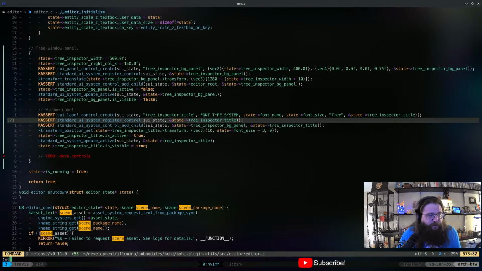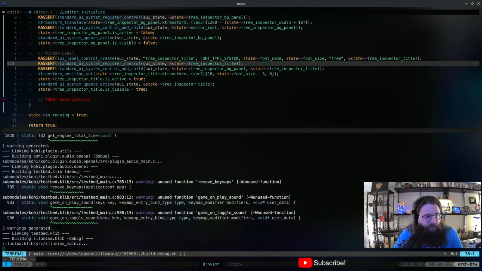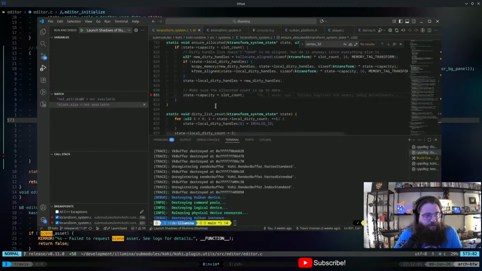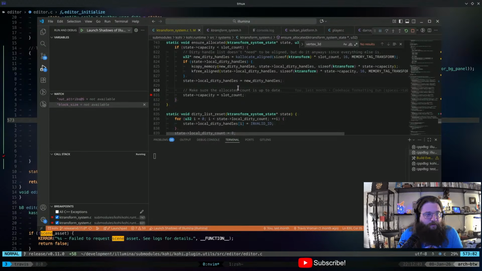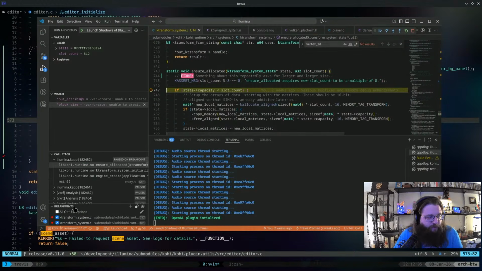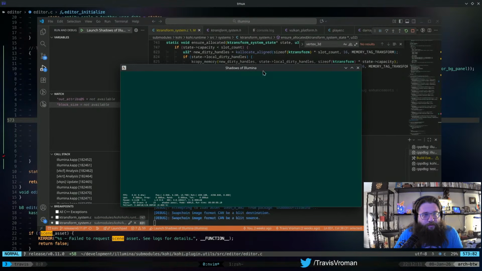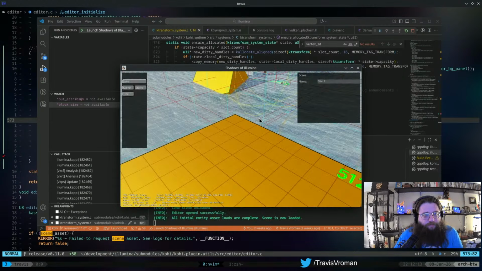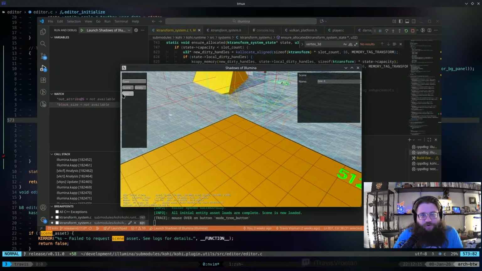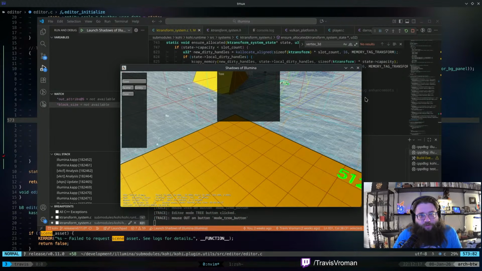So we should be able to switch to that back and forth without any issue. Let me get rid of these breakpoints. All right, so we'll load up, go to the editor. Now we have the tree, and now we have a new window.